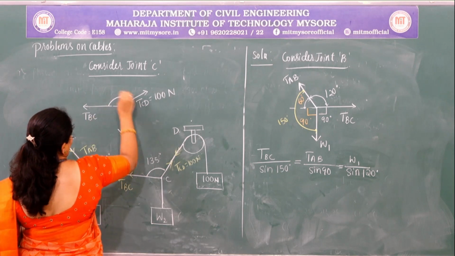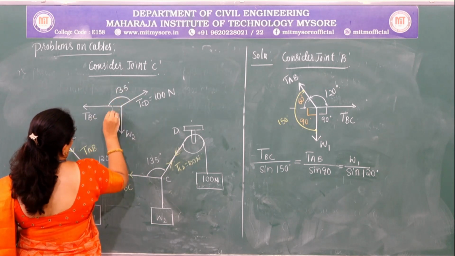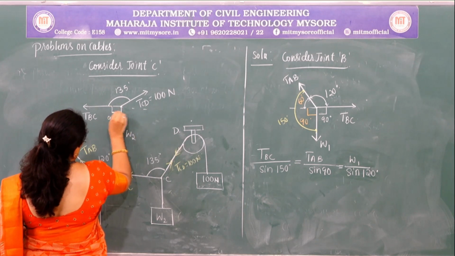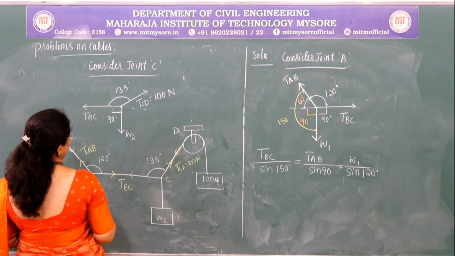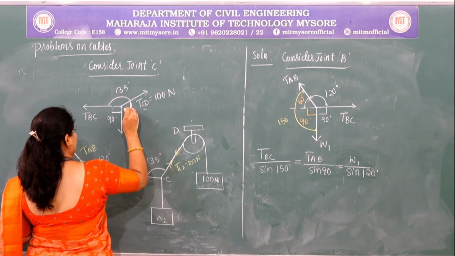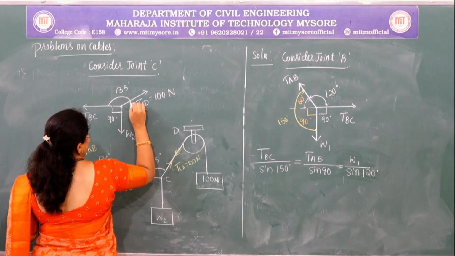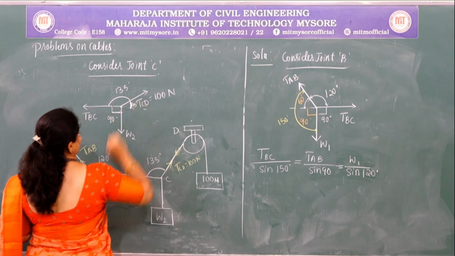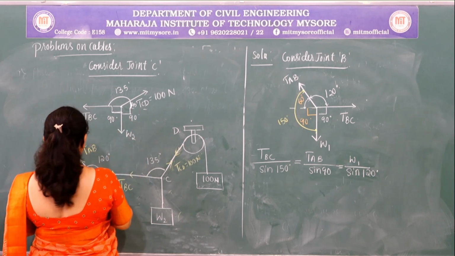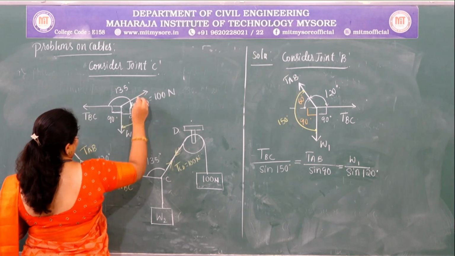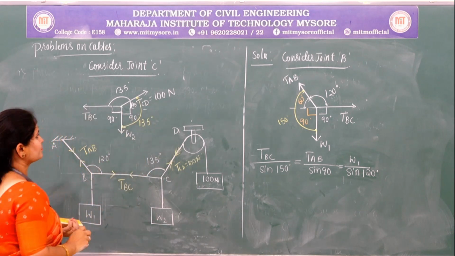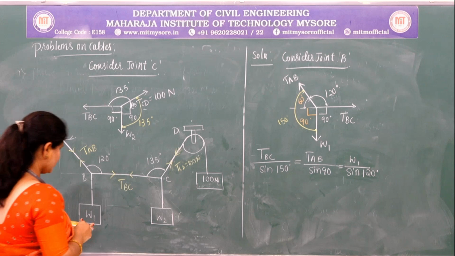So the angle between these is 135, this is 90, and the remaining angle is, this is 45 and this is 90. So the total angle will be 135 degree. Right. So now